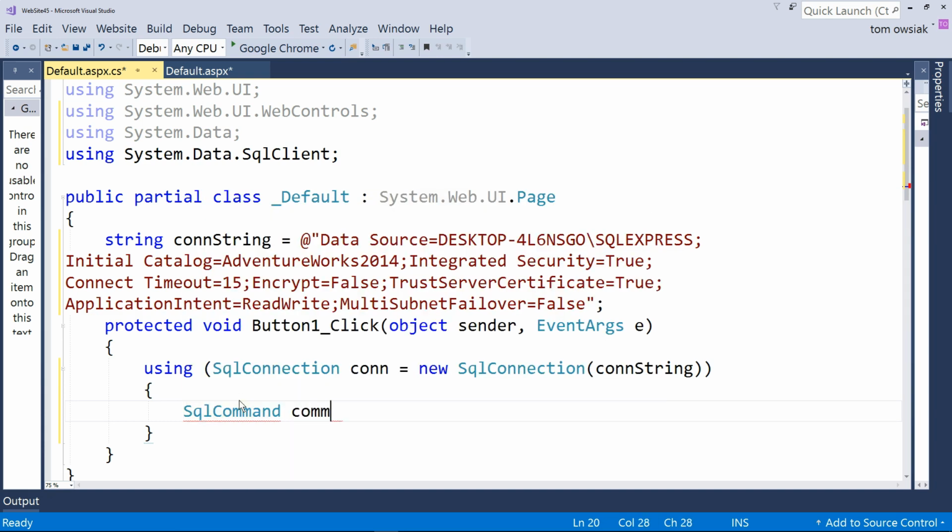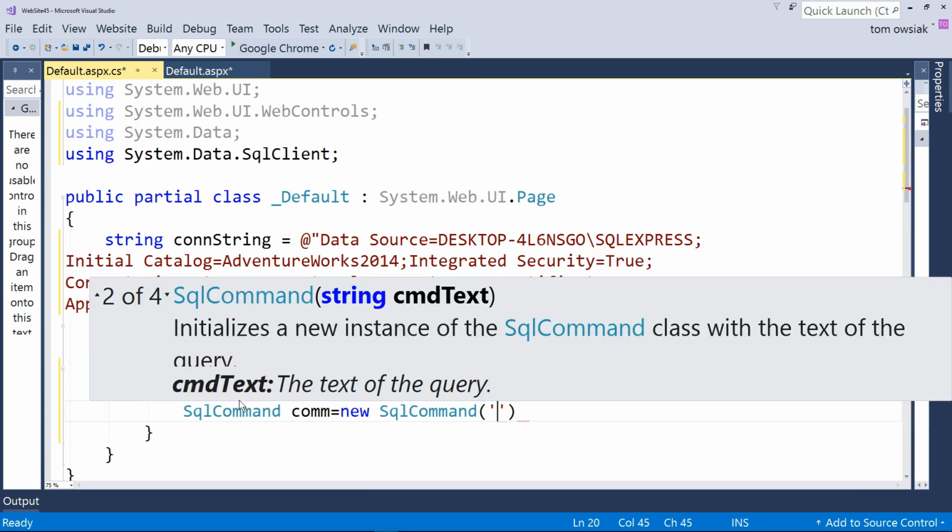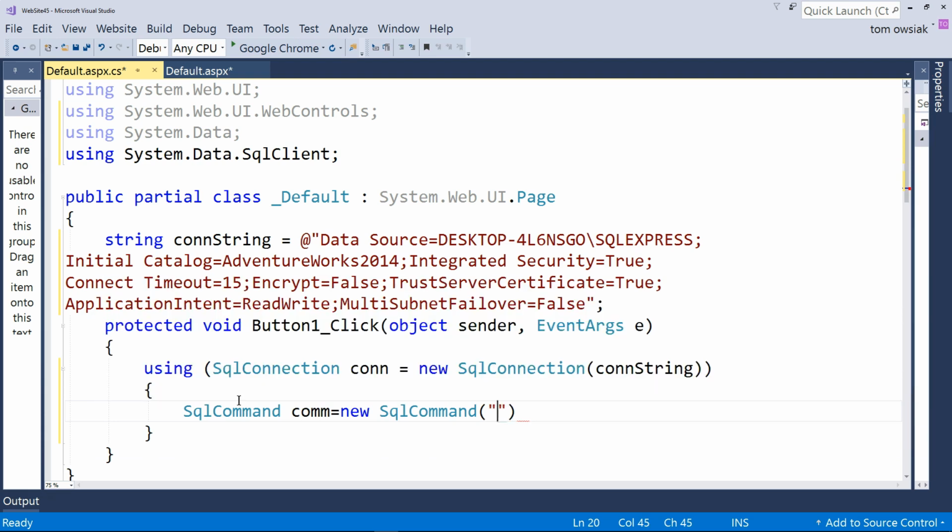And now we're going to make the command. So com equals, and then type new SQL command. And for the sake of variety, I'm going to hard code the query that essentially will make the command happen. Take a look. Between double quotes, you can type, as an example, select sales year to date